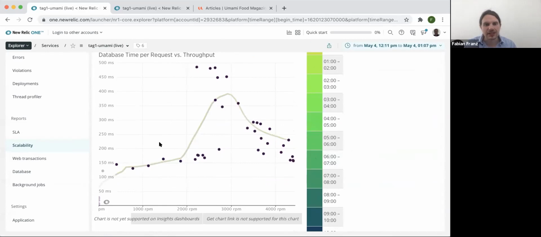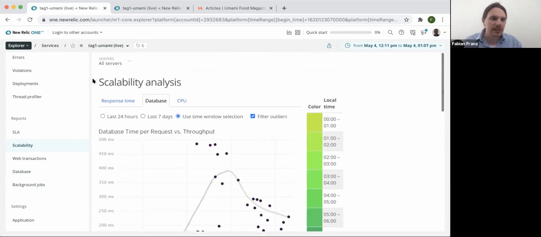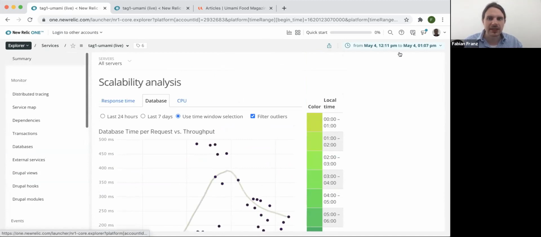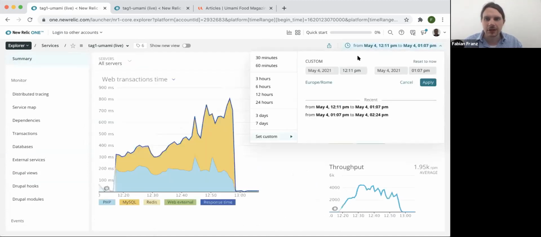So we have this same line at 200 milliseconds, and then we go up and go over to the 400 milliseconds, and then we go down again. Why is that? The reason is the number of users, and that's not really shown here, but the concurrency at 3K users in the end was much larger. So essentially we just cut off the graph here, and this is our problem right here and there. So this is how you read the scalability report, but let's now look at the live view.